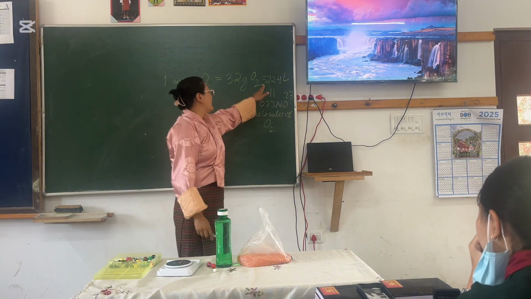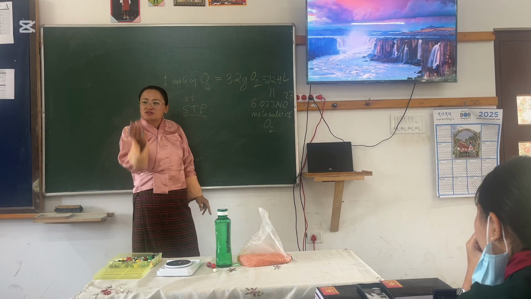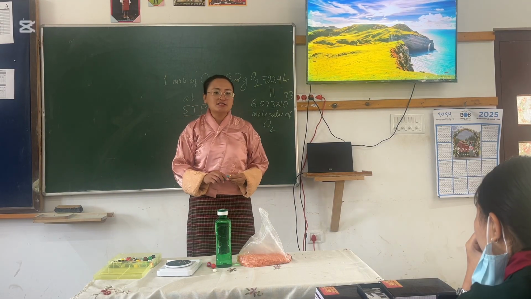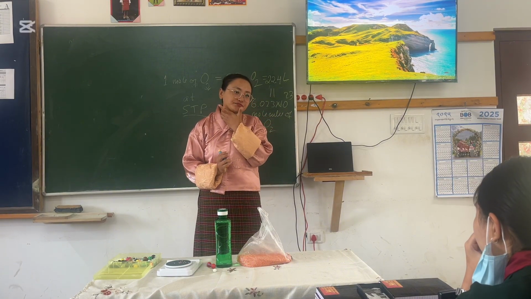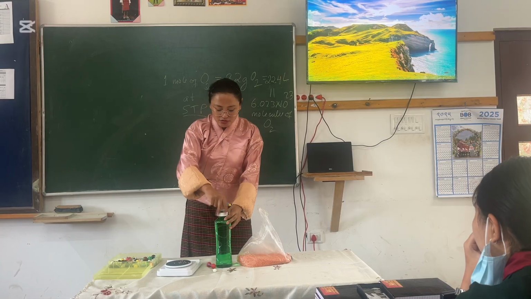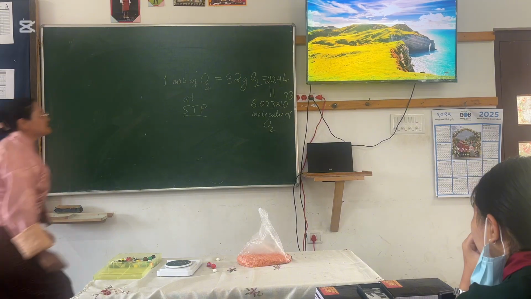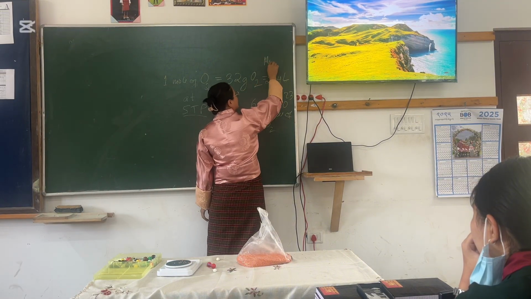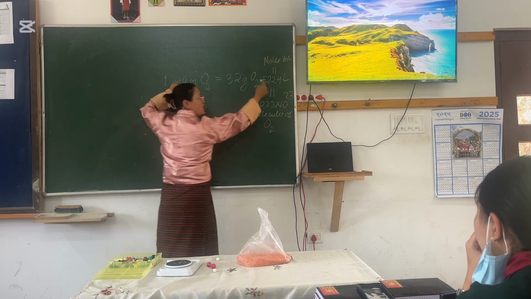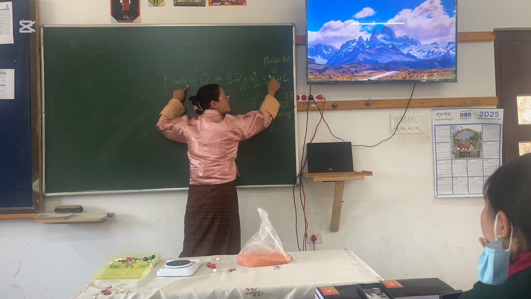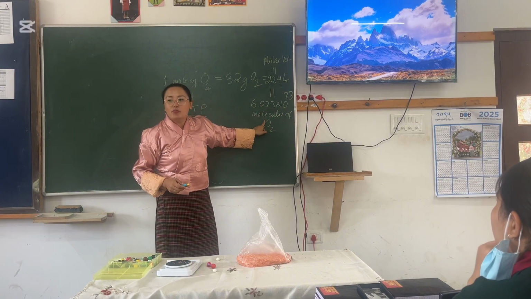So that means 22.4 liters of oxygen, in terms of weight, is 32 grams, which is very little. 22.4 liters is equal to 32 grams. Are you getting it? What is a mole? A mole is a very big number. This 22.4 liters, we call the molar volume. So 1 mole of any gas at STP occupies 22.4 liters, and in that 22.4 liters it will contain Avogadro's number of molecules.